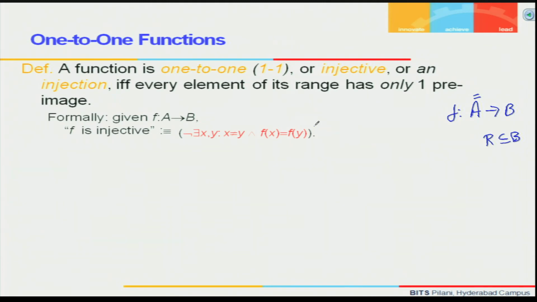That is how you can write it like this. Distinct elements going to the same element in B is not okay. Not of distinct elements having the same image. This is what it is. Distinct elements having the same image is being represented by this. Not of this is distinct elements should go to the distinct images. We will do with an example.